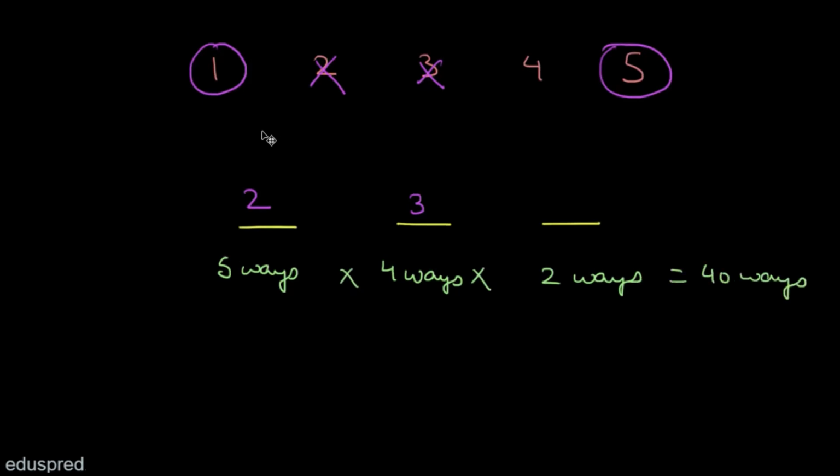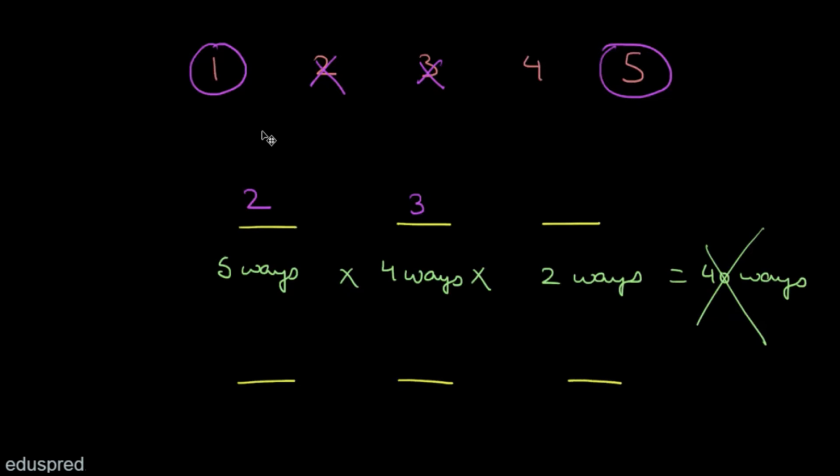Now do you think that this is our answer? Well, no, this cannot be our answer because we just found that the total number of ways should be equal to 36 ways. Now let's see why this is not right. So to see that, let us create 3 more slots and let's start with the first slot.